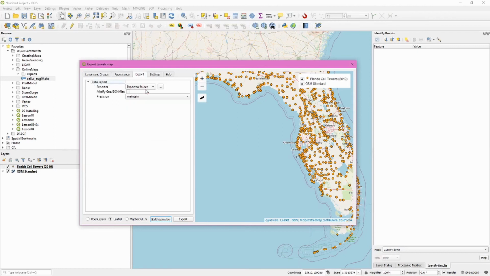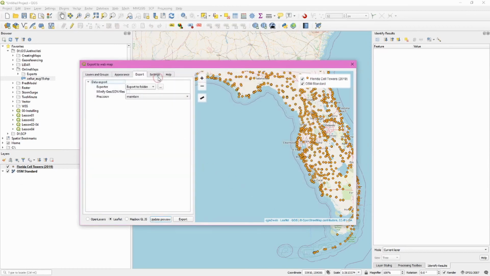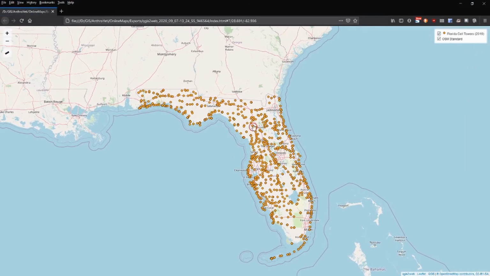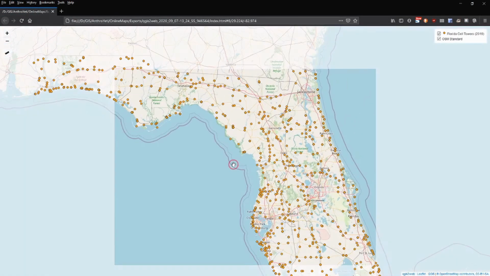Next, choose export and select export to folder for exporter, and then go ahead and choose a folder on your local hard drive. I just choose one that I've created called exports. Click select folder. Leave the rest here as is, move to settings, leave these as is, and then once you click export, it will automatically load in your web browser of choice this online map. And then we can navigate around and we can access the same information except in a convenient to use online